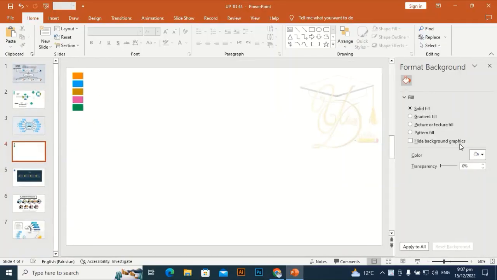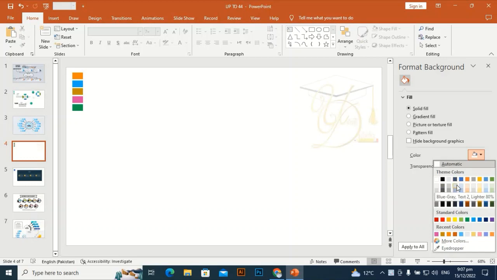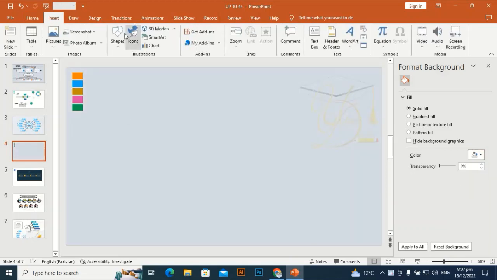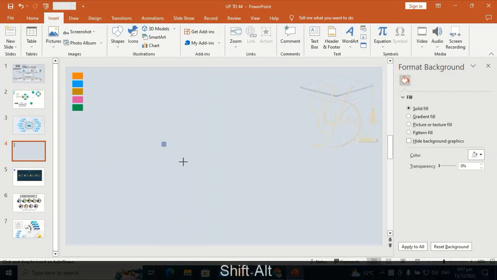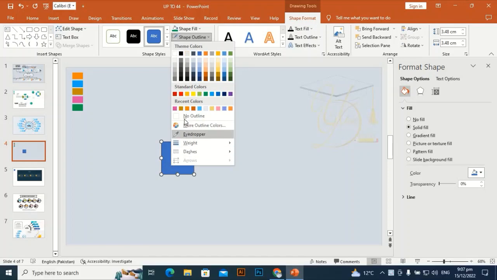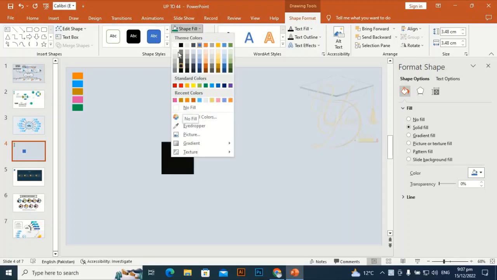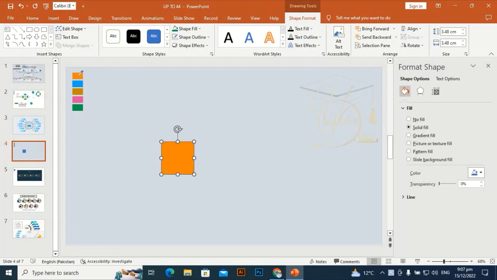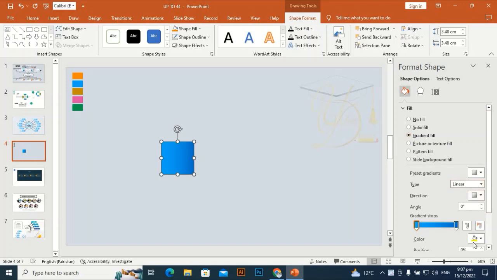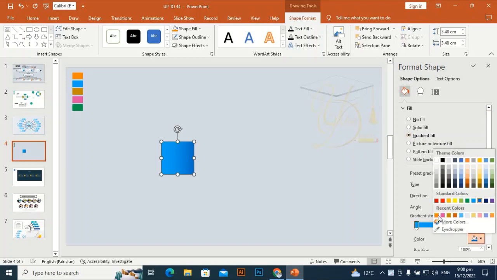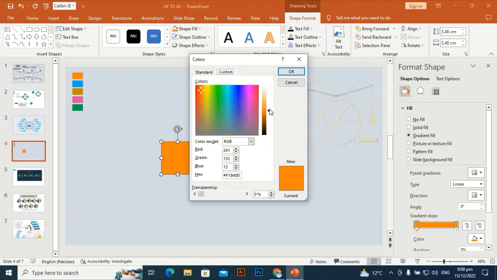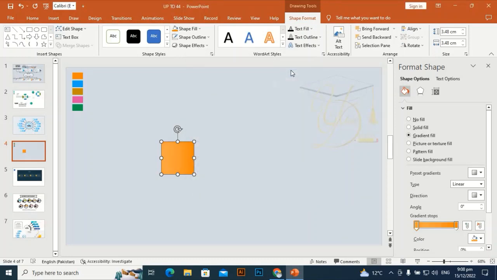Go to format background. We will give it some different color. Insert by holding Shift Alt key and drag. Shape outline, make it no outline. Shape fill, we will give this color to it. Go to gradient, I think this color and this color. Go to more colors and make it light,